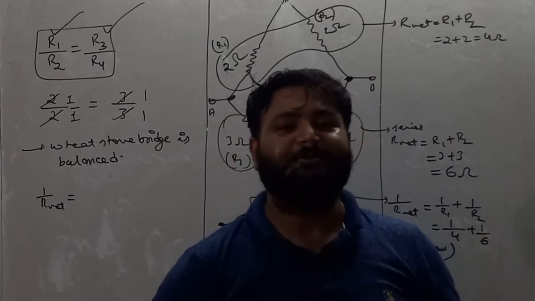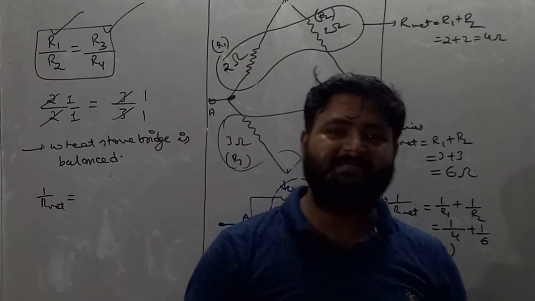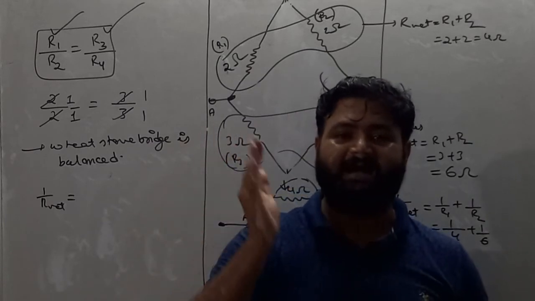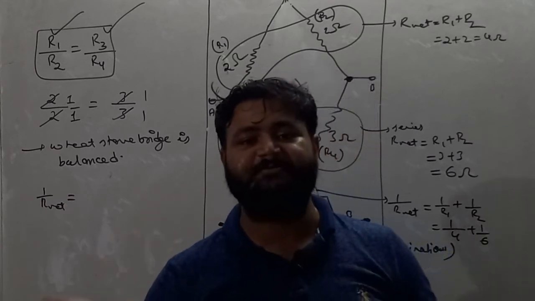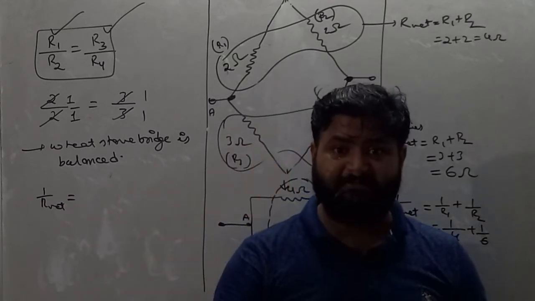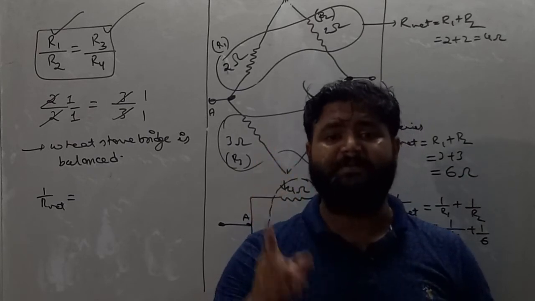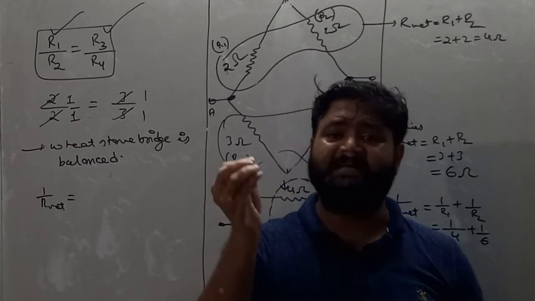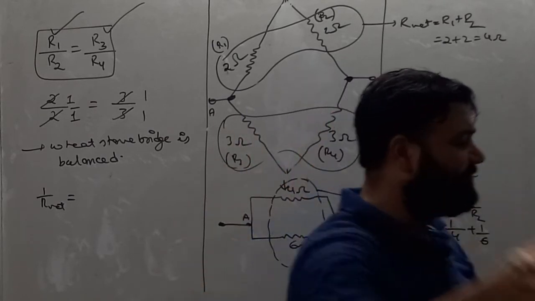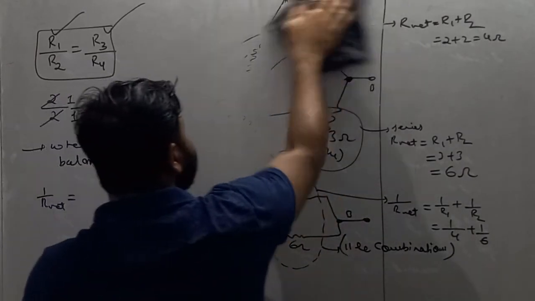So I hope you all understand the concept of Wheatstone bridge, the balance condition of Wheatstone bridge, and how to deal with questions related to Wheatstone bridge. Remember, if 5 resistors are present, then first check whether the Wheatstone bridge is balanced or not balanced. If the Wheatstone bridge is balanced, then it is very easy to solve. Moving forward, let's do one more numerical, dear student, related to Wheatstone bridge.